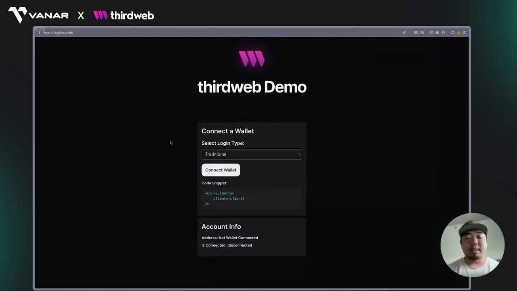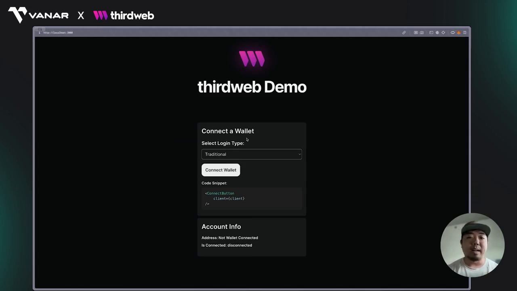So with Thirdweb, we have a UI component called the Connect button. It's available in the React SDK, the React Native SDK, and also the Unity SDK as well. This component is essentially an out-of-the-box connect button for your users to connect a wallet to your application. The one thing I want to cover here is the different onboarding flows, or the different onboarding methods, that you can provide your users to connect a wallet to your application to start playing your game or playing